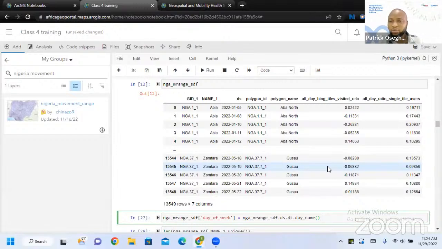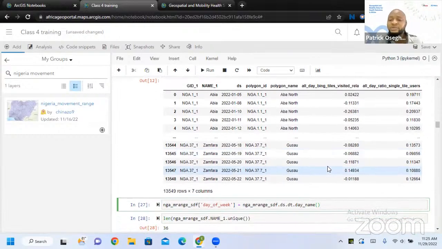Most people don't want to go out, so the proportion of people leaving their home on Saturday and Sunday is very small compared to those who leave their home on Monday to Friday. I don't want bias in my data. This is the use case I want to do. So I have to bring in the day of the week so that I know which ones are weekends and which ones are working days.